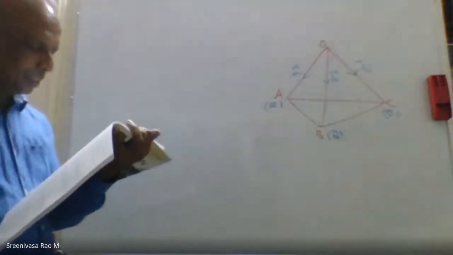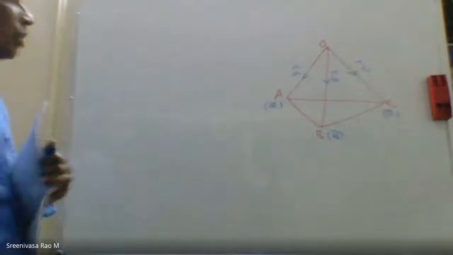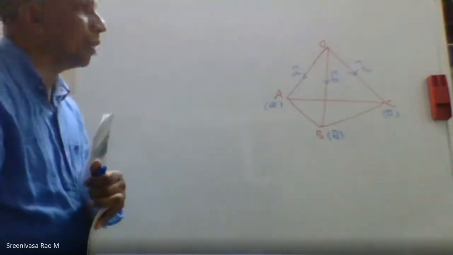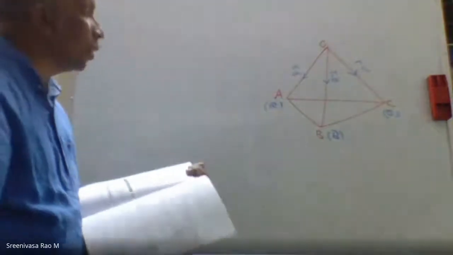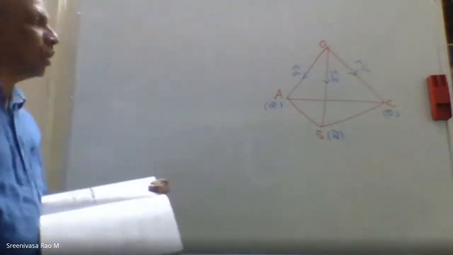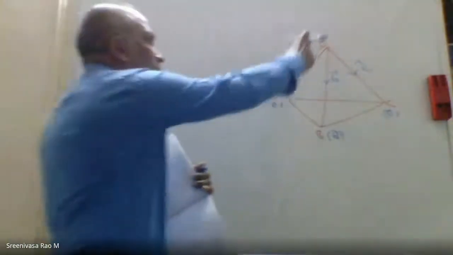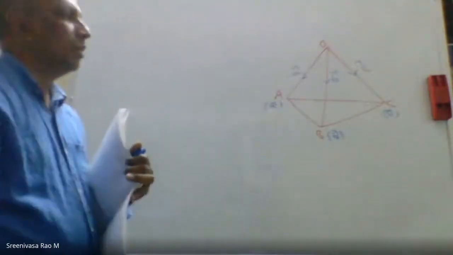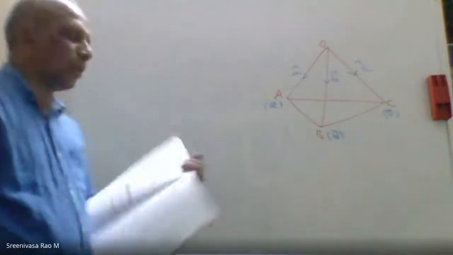OB bar, like this I can consider this one. A, B, C bar, B bar, and this one, A bar, B bar, C bar. OA bar, OB bar, OC bar, right? Then we are taking, this is a regular tetrahedron. I have taken a regular tetrahedron, understood that? You would like this regular tetrahedron here.